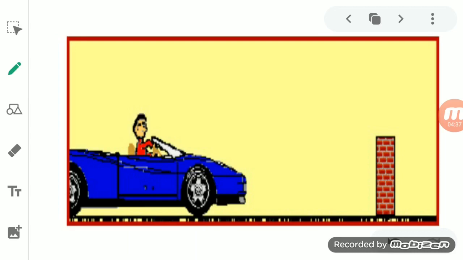Suppose a car is moving. If a car is moving, it will continue to move until the driver applies a brake on it. Now when a person applies the brakes, what happens? The brake forces the engine to stop. So here an external force is applied so that the car will stop.